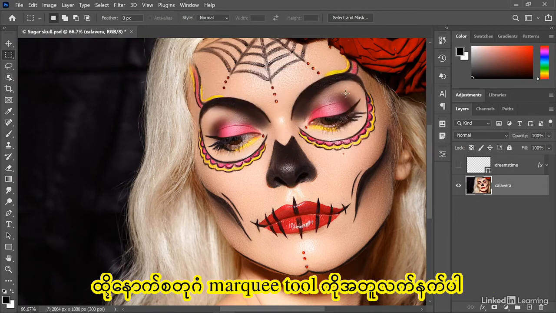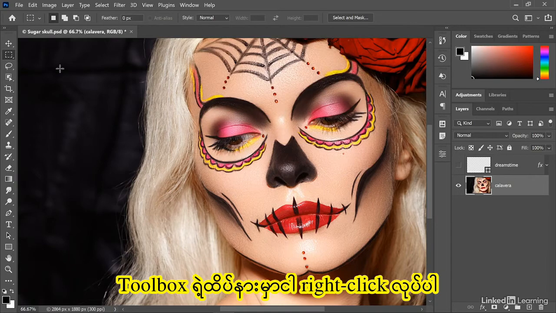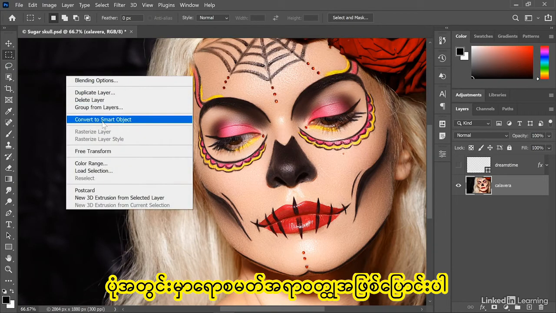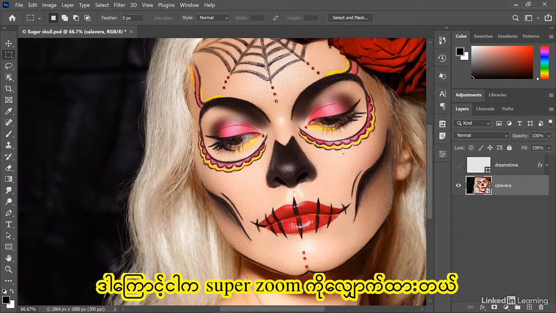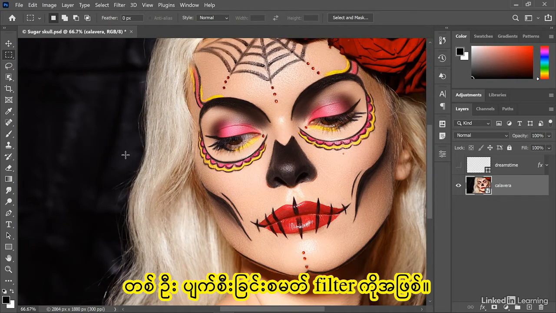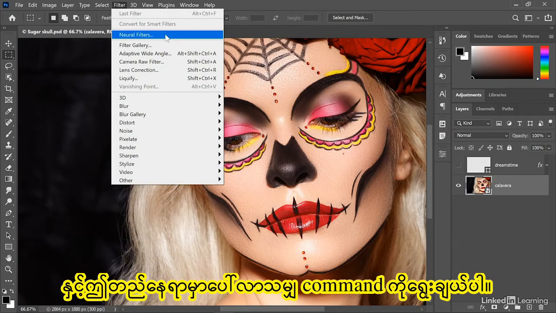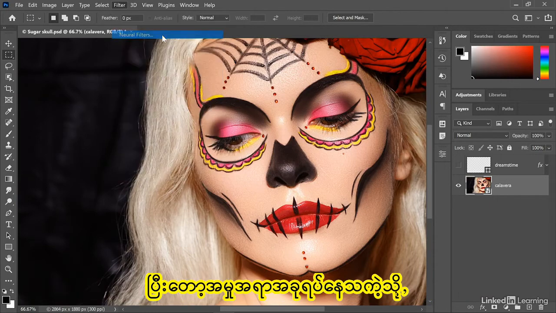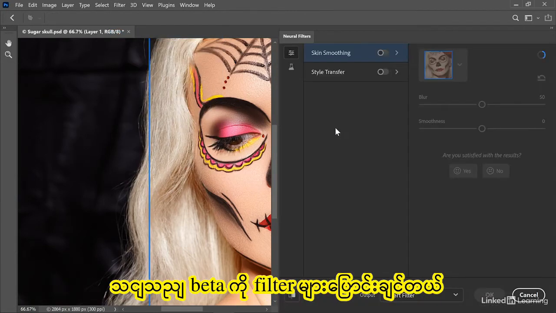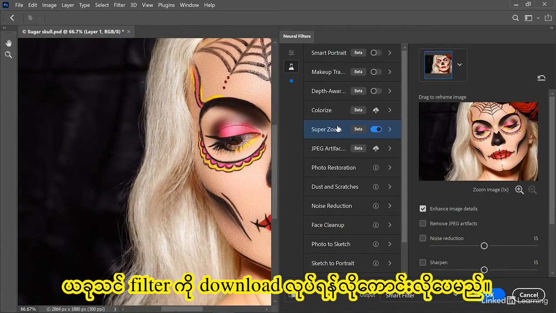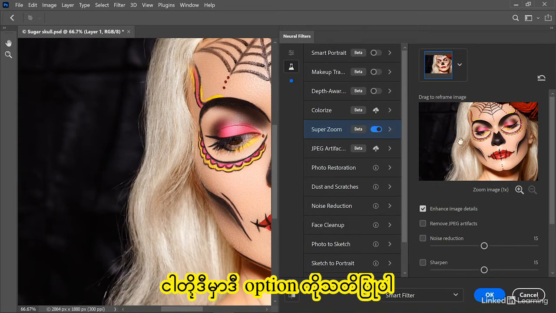And then armed with a rectangular marquee tool up here at the top of the toolbox, I'll right click inside the image and choose Convert to Smart Object so that I'm applying Super Zoom as a non-destructive smart filter. Then you want to go up to the Filter menu and choose whatever command appears at this location. And then, as things stand now, you want to switch to the beta filters and then turn on this guy right here, Super Zoom. Now, you may have to download the filter,